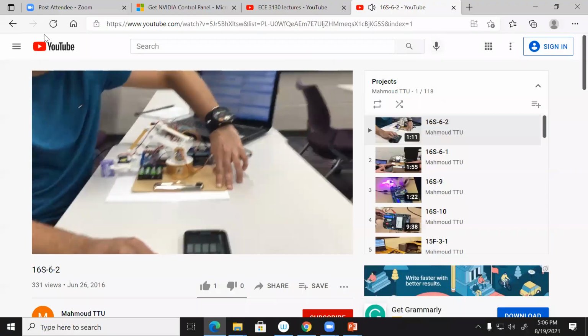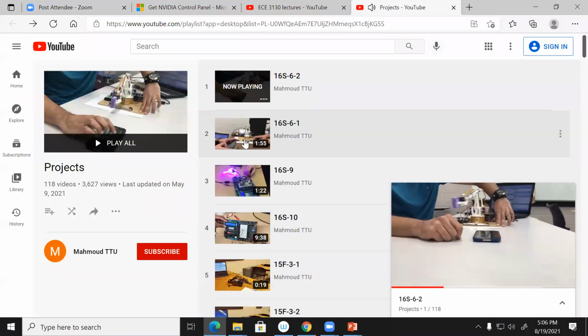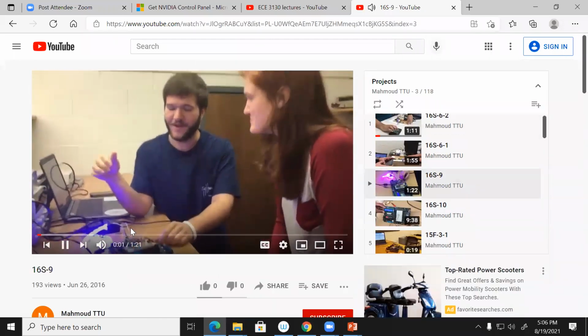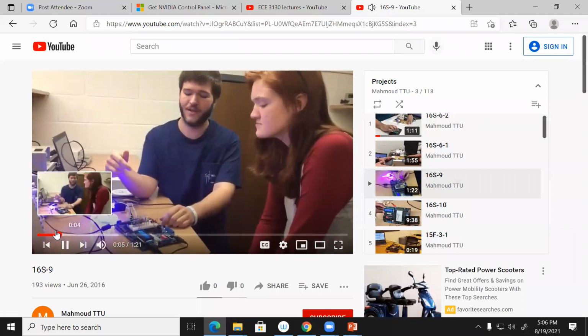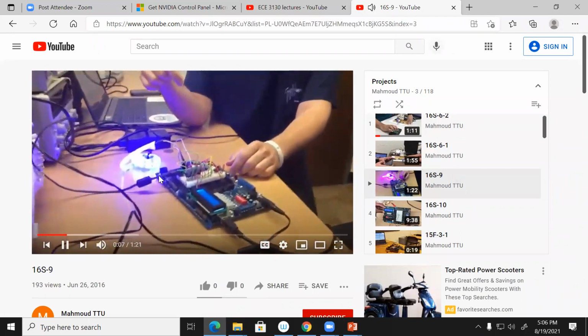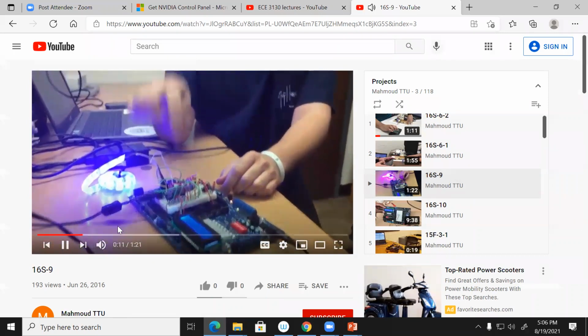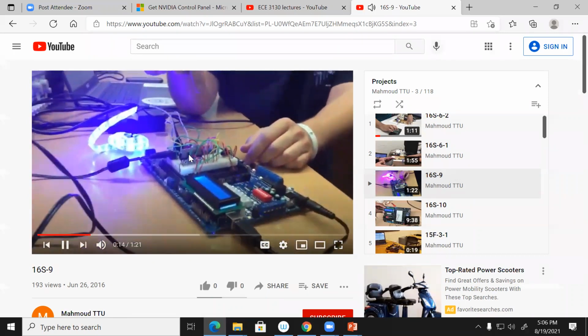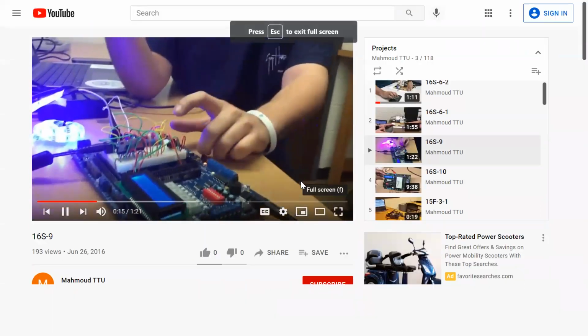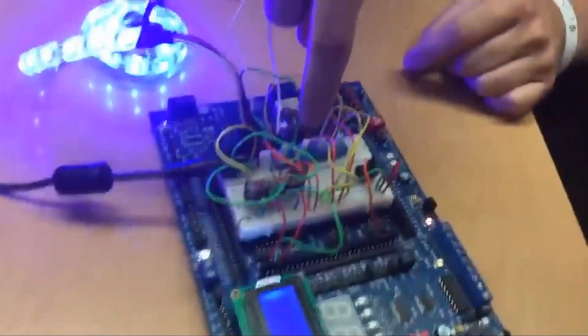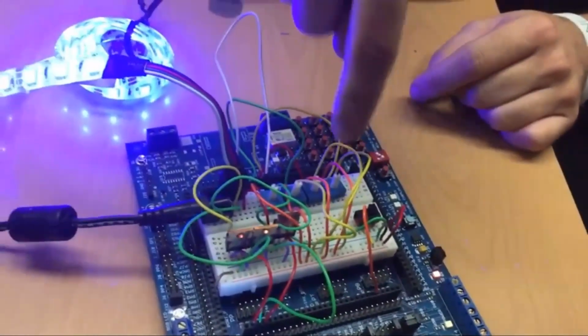Okay, this is an interesting one. I have several good ones here. Let me see this one. Most left switch here, and then electron control red, green, blue, and speed.